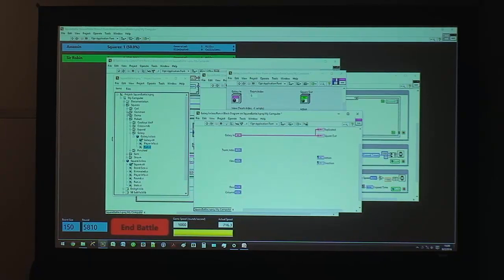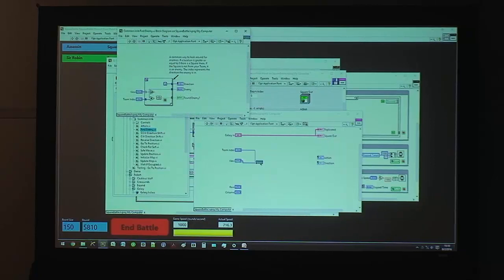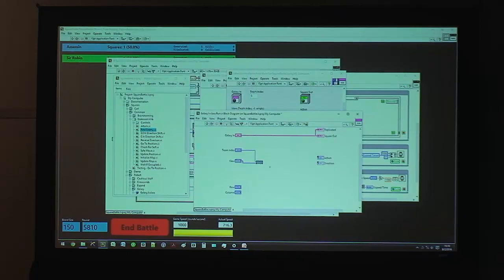All right, and we also have this common library here of common things you can do in SquareBattle to make it easier for everyone to get started. I'm going to use one called Find Enemy, which takes my team index and the view. And this is pretty simple. All it does is iterate through that view and looks for an enemy there. So it looks for a non-zero one that's not equal to my team index. Okay. And if there is an enemy found,